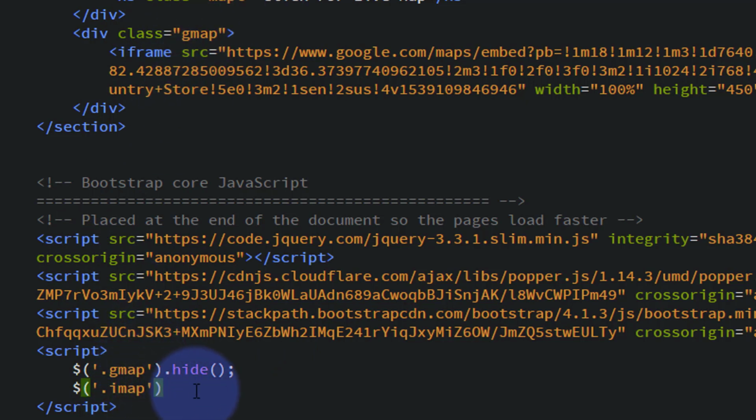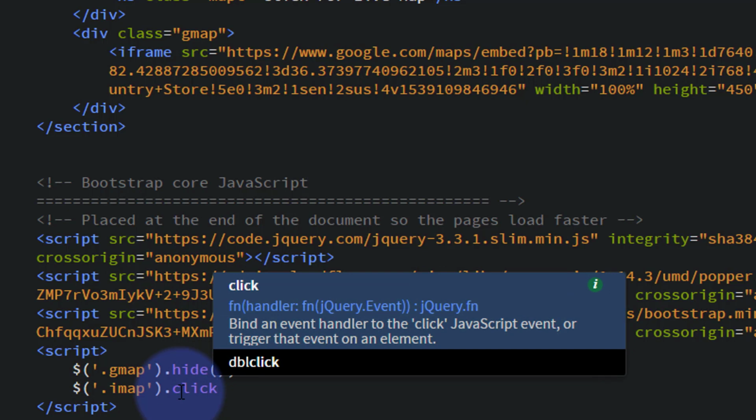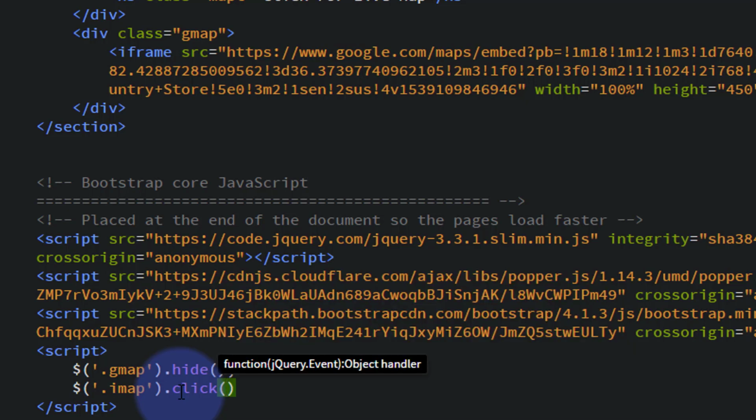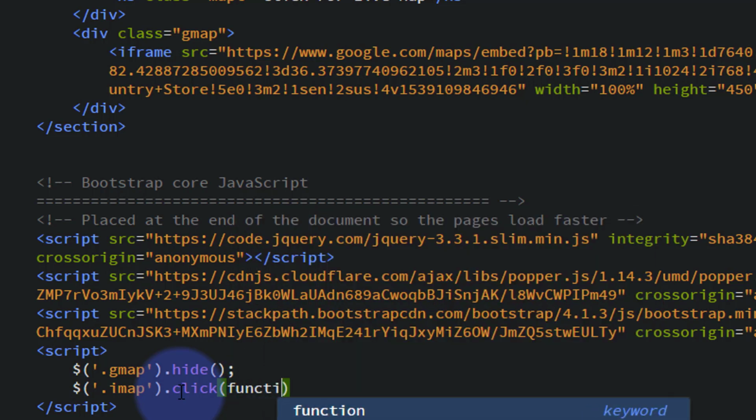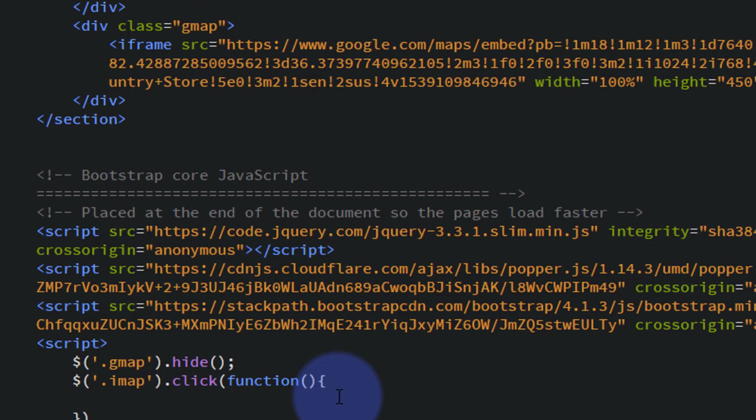Now, what do we want it to do? We want it to do something when we click. So we're going to say .click. And then we'll tell it this is a function. So open some round brackets again. And we want to open and close some more round brackets here at the end, which is common. Then we want to open some curly brackets. Let's drop down, and in between these curly brackets, we want